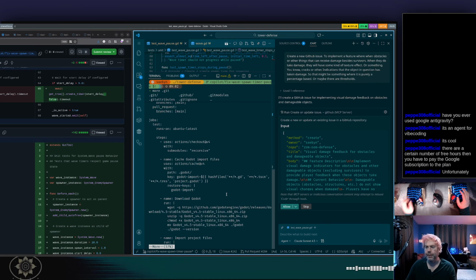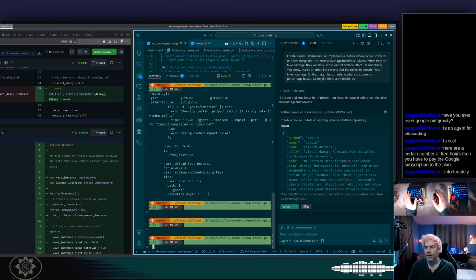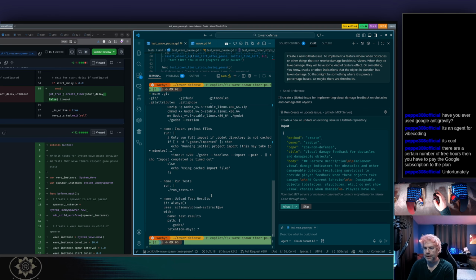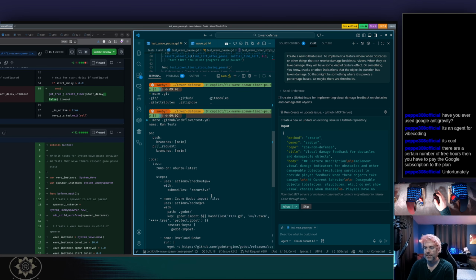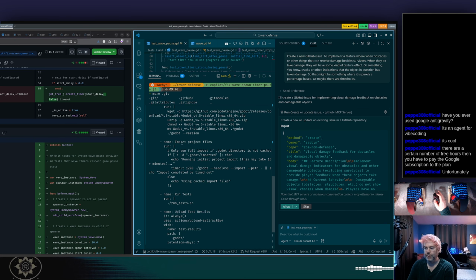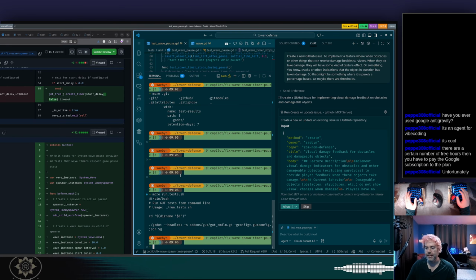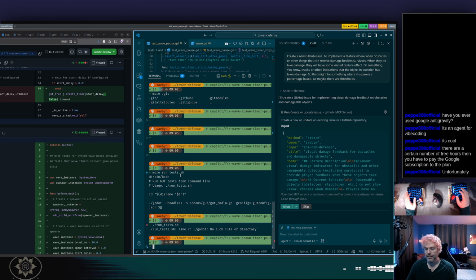Right, but I was trying to figure out, so we do run the tests for our GUT tests, don't we? Download Godot, run import project files, run test. Okay, and we have a run_test.sh. Right. I'm not gonna do that. Let's